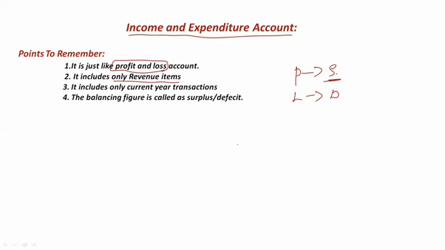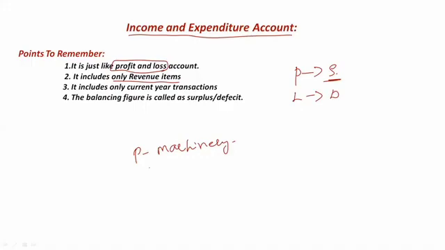In order to understand this, I will tell you an example. First of all, revenue items means it could be revenue expenditure or revenue income, right? So the income or expenditure which occurs again and again during the course of business are called revenue items. For example, suppose I'm purchasing a machinery. Machinery is my asset, so I will not be purchasing machinery every day, right? I want an asset for performance of a business, but I will not purchase it every day.